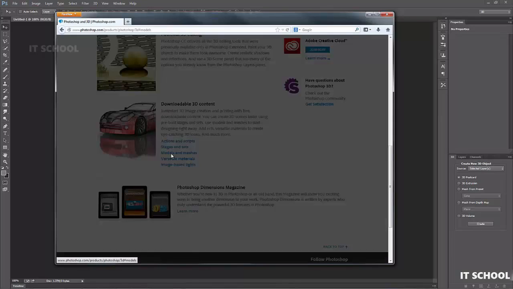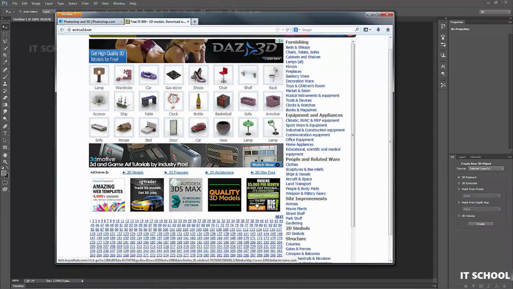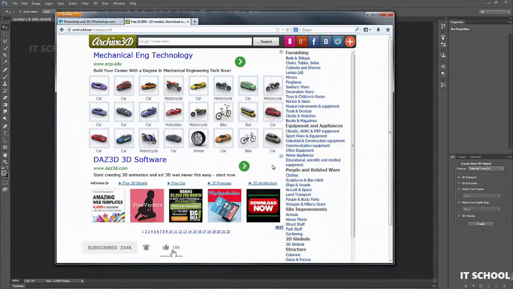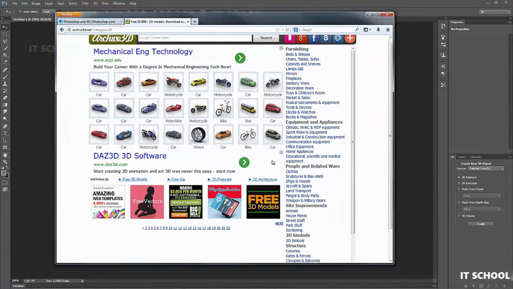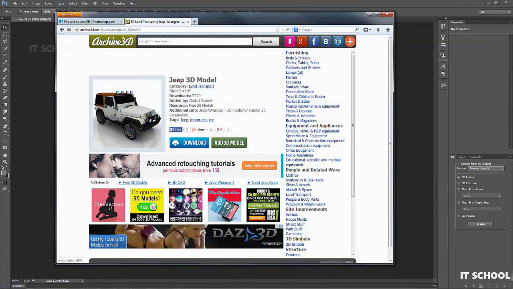So let's try the Models and Meshes link, and we have 4 to choose from here. I'm going to go with the Archive 3D. It brings up this site that offers a whole host of different models for free. I'm going to the Land Transport category and start looking through for one of these car models that I might like. So I've decided on a Jeep 3D model, and I'm going to hit the download link,